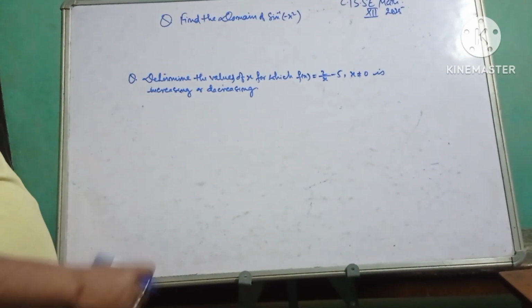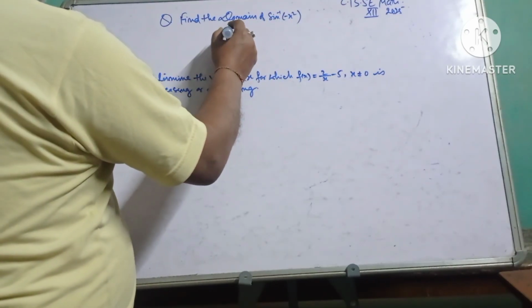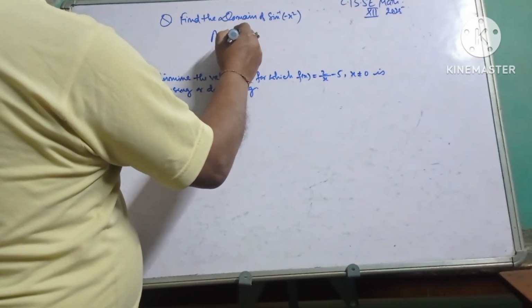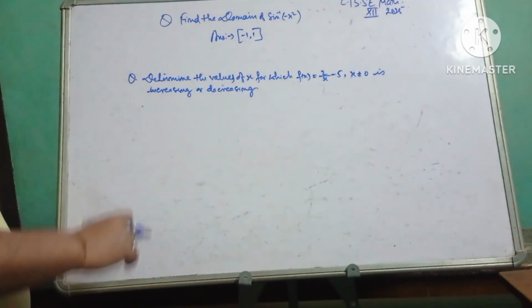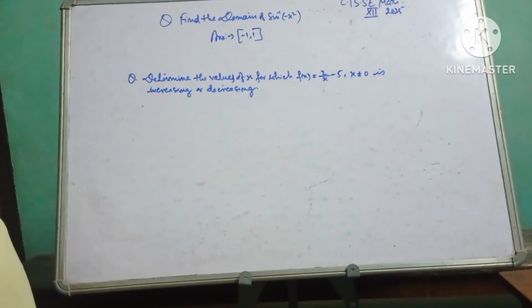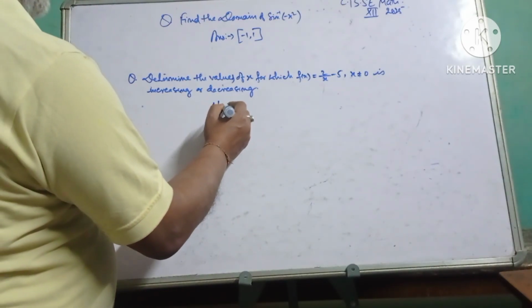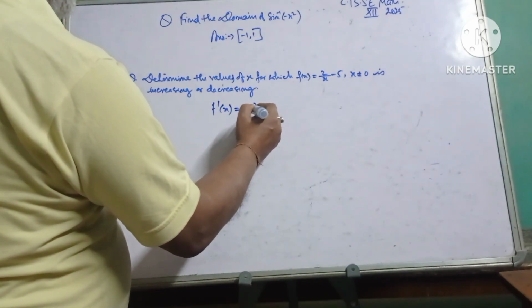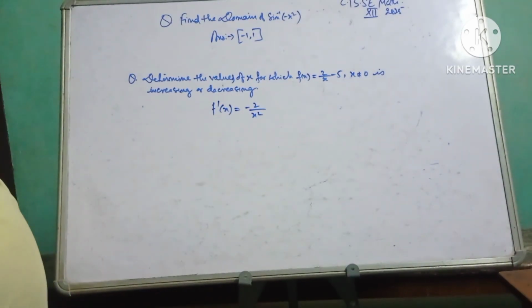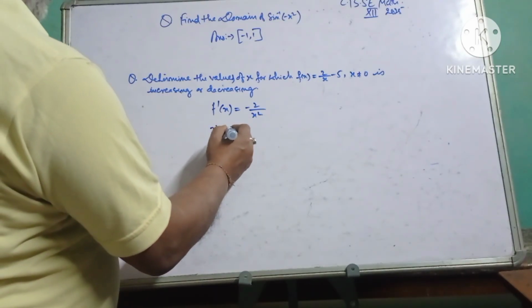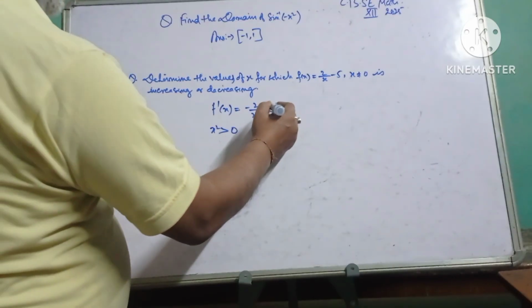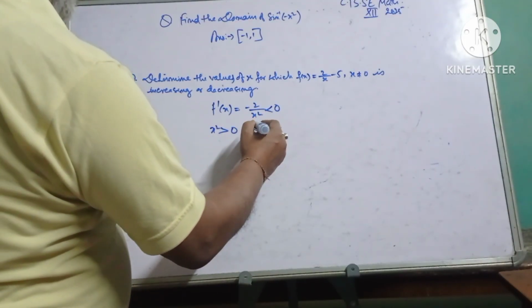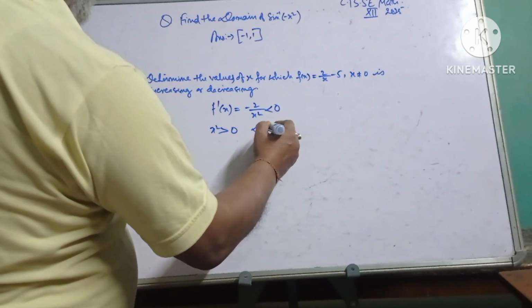Now next question, find the domain of sine inverse of minus x square. Your answer is a simple question, minus 1 to 1. So this is the answer. Determine the values of x for which f of x is equal to 2 by x minus 5 is increasing or decreasing. Just differentiate it. So this will be minus 2 by x square. So here you see that your x square is always greater than 0. So this is negative, so this is less than 0. So it is decreasing. F dash is less than 0, so it is decreasing